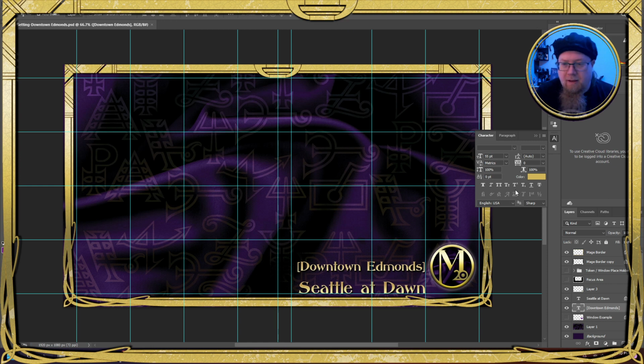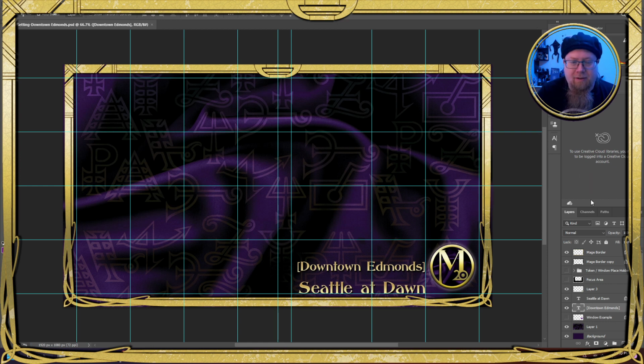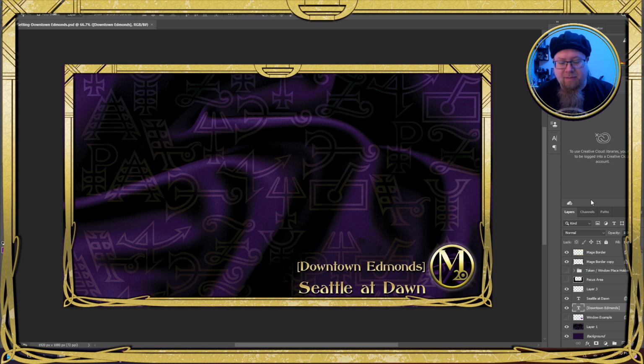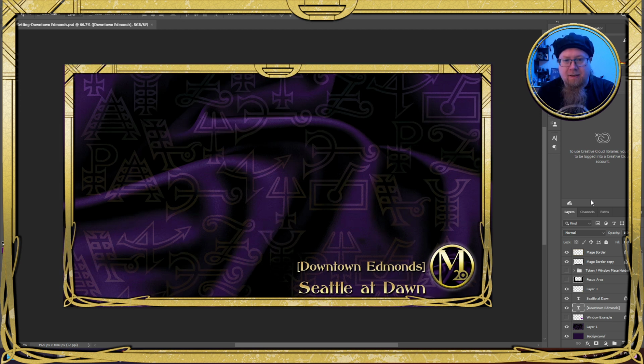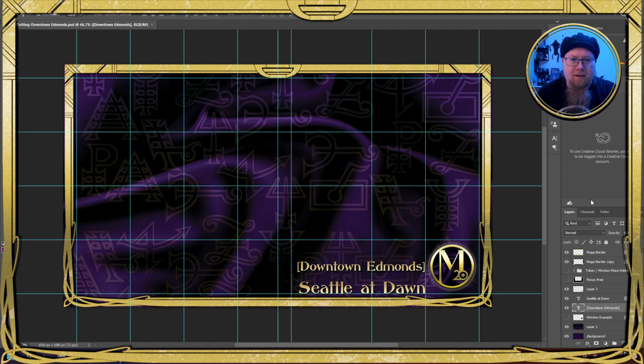There we go. So as you can see, when I made this template, I had a lot of my spacing in mind. Like I said, I worked on the 60 by 60 grid, so I know the spacing of all the new images that I create is based on that spacing. And then I also have my guidelines here. I've got my center line here, center line there, because that's good to know.